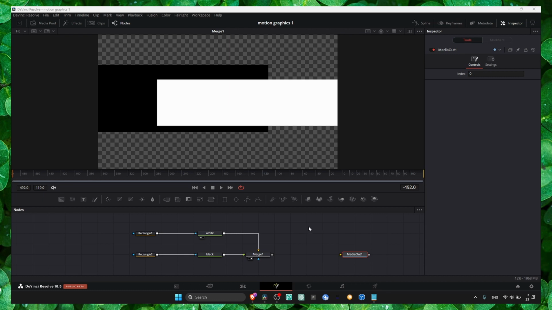What I was saying is, I had a hard time understanding what this green and this yellow mean. So basically, if you hover over it, it says this is the foreground and this is the background. Probably because I'm not an English native speaker and I didn't understand exactly what foreground means, or the difference, or what the connection is here. But then I learned it: what is connected to the foreground, that thing is going to be in front,